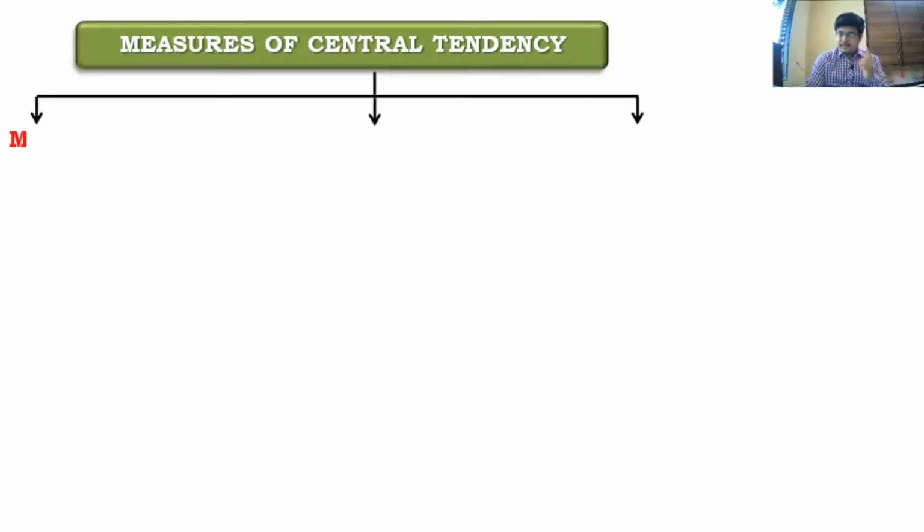So here I am beginning with the overview of this chapter. We will understand what are the different types of questions, and this chapter has the highest weightage. You will see why. So first of all, here on the screen, the name of the chapter is Measures of Central Tendency. There are three parts of this chapter. The first part is mean, the second part is median, and the third part is mode.